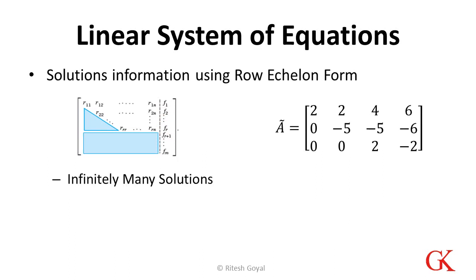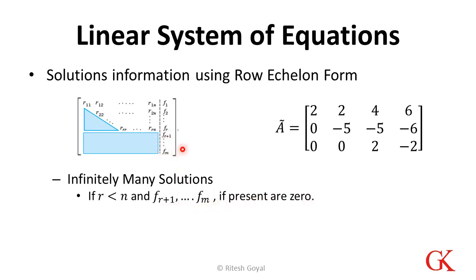Now the second thing is infinitely many solutions. We talked about one solution. Now the condition when there is a solution, but not only one, there are infinitely many solutions. For that, the number of non-zero coefficient rows should be less than the number of unknowns. So always remember, if r equals n, a single solution; if r is less than n, infinite solutions, and the rows r plus 1 to m, if present, are 0.